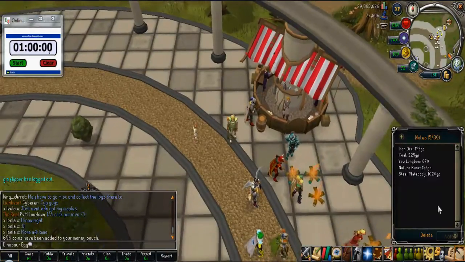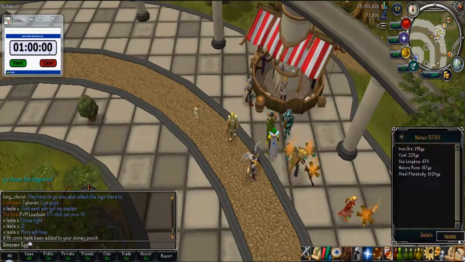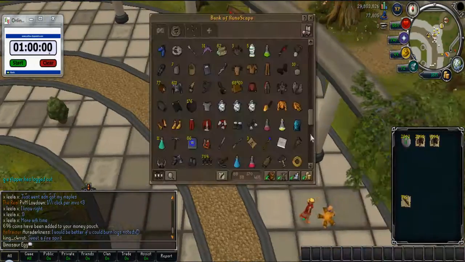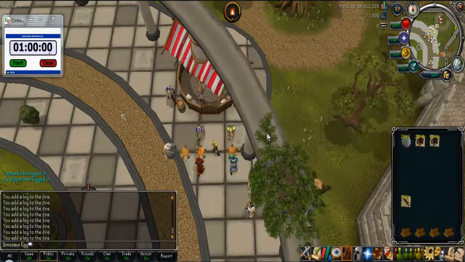Fortunately for me, I actually bought my yew longbows at 670 a few days ago, when they were a bit lower, and that was also at a cheap price. So I'm going to do some math with this price, according to yew longbows. What I'm going to do right here is just throw some logs on this fire, so I'm not going to be XP wasting whilst I work some things out, so I'll be back in a few minutes. Okay, I've done a little bit of maths, so I alched 100 steel plate bodies,